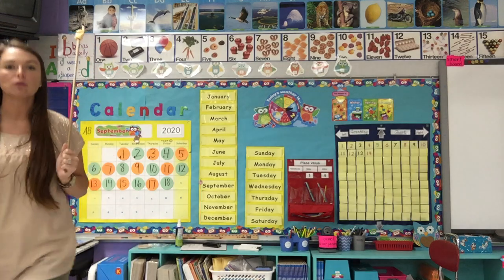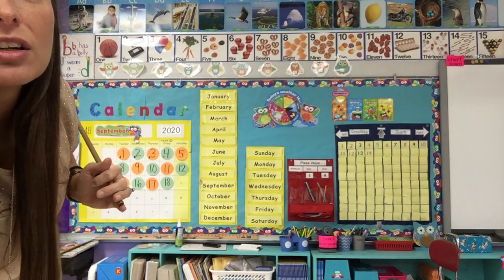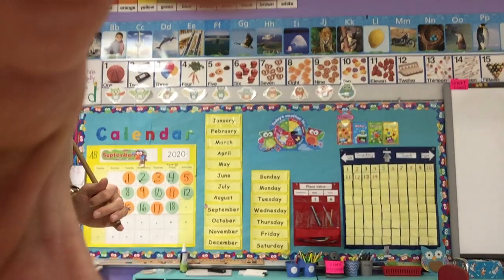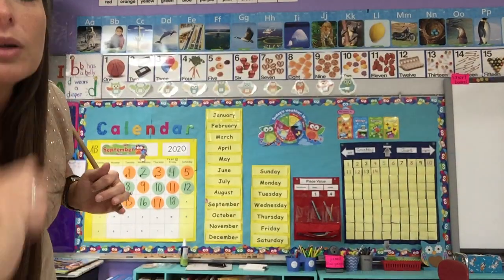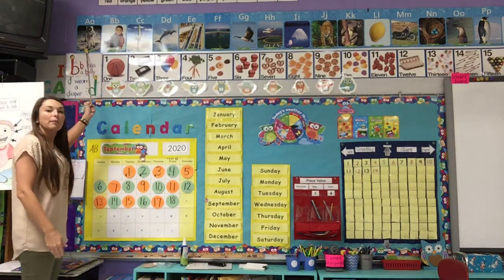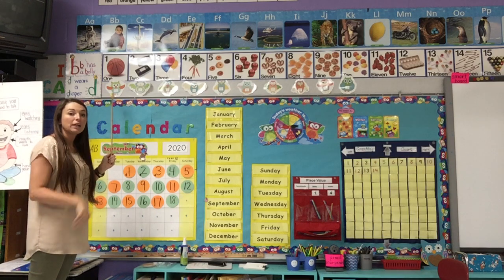So let me check my camera real quick and see if you can see the letters. They're a little bit cut off. Let me see if I can fix the iPad to go up just a little bit more. There we go. Okay. So we're going to start with A. I'm going to put my hand up my chin and you just repeat after me.